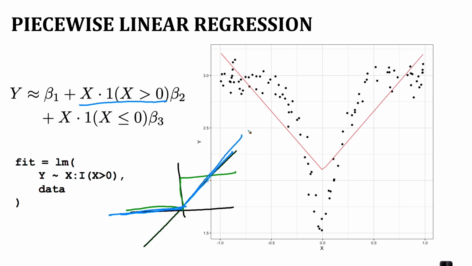So this is called a hinge function for obvious reasons. It kind of looks like a little hinge. And you may have seen it referred to as ReLU, rectified linear unit. This is from the neural network world. This is actually a very important function in how you stack neural networks together. But anyways, that is the basis that we're using here. And what about this one? This is a similar kind of thing, except